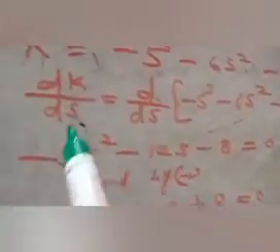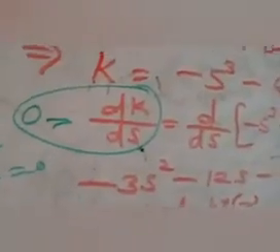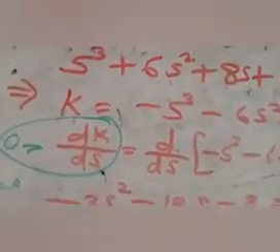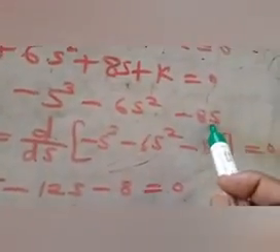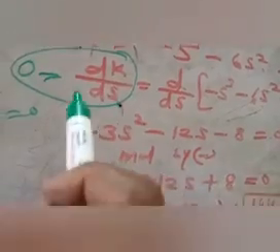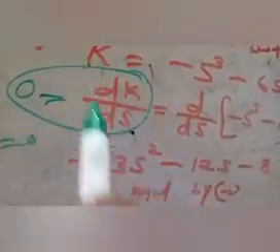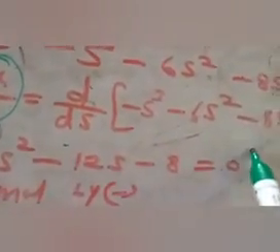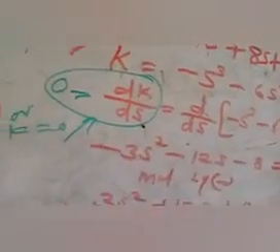So what is the formula for breakaway point? So formula is dK/ds is equal to 0. Rate of change of K with respect to s is equal to 0. So for this formula, first determine the K. So K is equal to this. So then take the differentiation of K with respect to s. s is nothing but the s polynomial. So d/ds is equal to this, is equal to 0 because this is the formula.